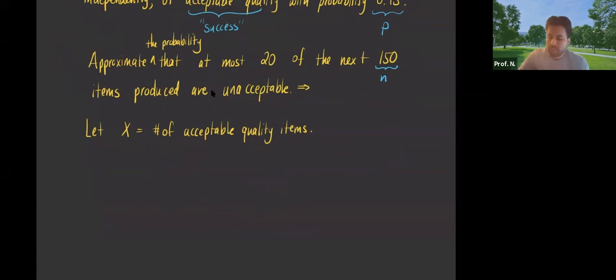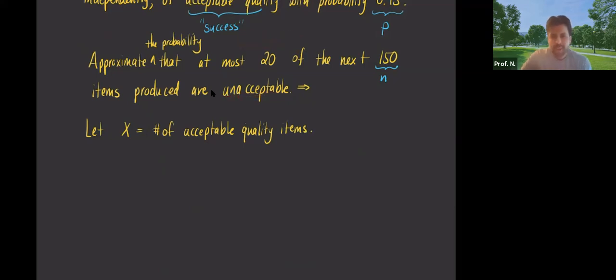So if it's at most 20, being at most means it could be 20, it could be 19, 18, all the way to 9 to 0, right? We can have at most 20, 0 is included, 1 is included, 2 is included, all the way to 20. So that means that